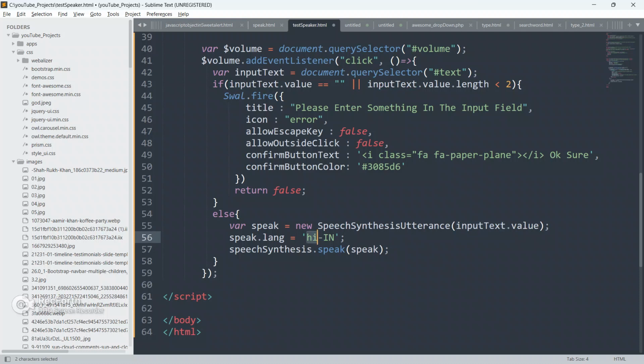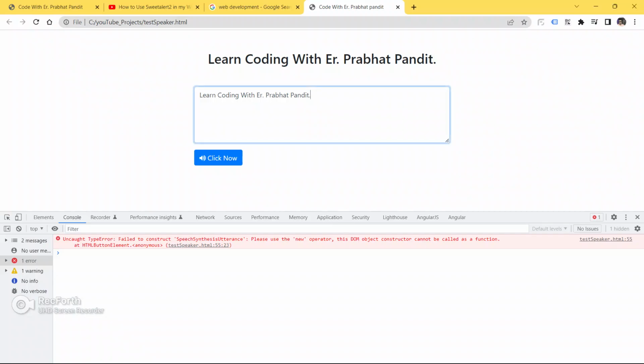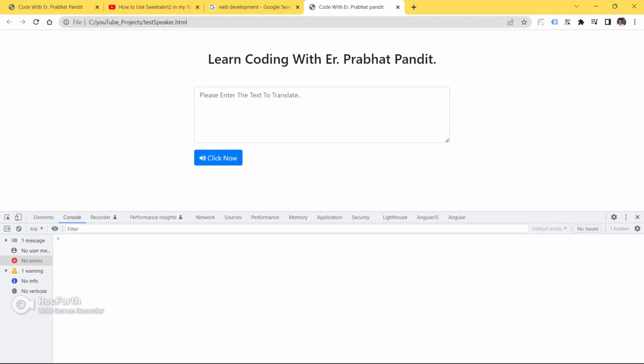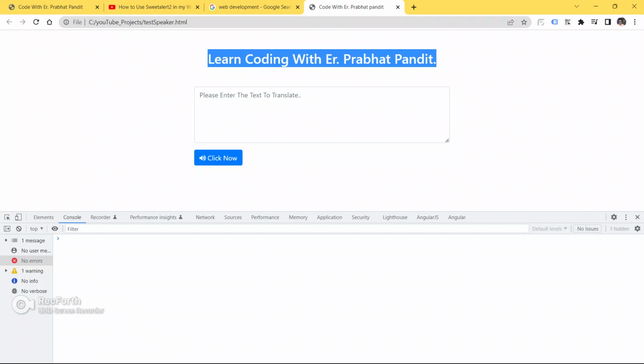We have taken the input value from the user, we have assigned the language Hindi India, and speech synthesis dot speak will speak it. So save this code, go to the browser and refresh your page.